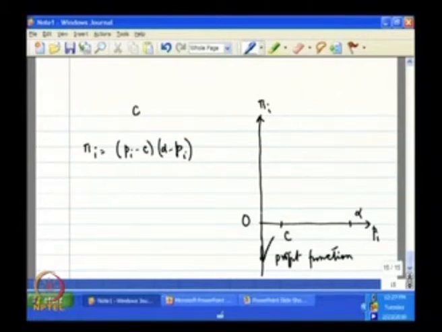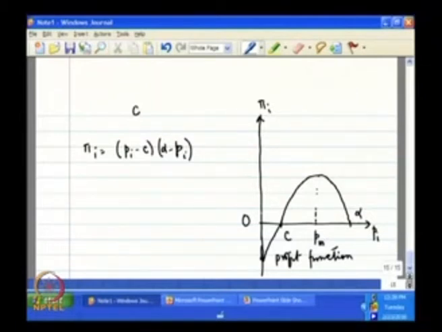So the curve will be most likely having a shape like this. So this is the shape of the profit function, and there is a point just in between which I shall call Pm, at which profit is getting maximized,